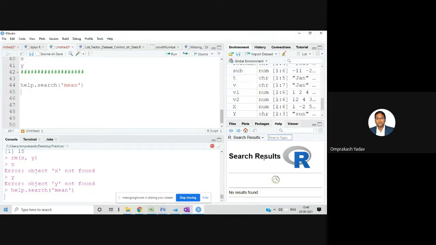Once you start reading one particular part, it will show you multiple things related to that one. So that is also a good idea. For example, if you are reading about the mean function, or the rm function or plot function, alongside that it will show you information about other functions also. And this is how we can go along and read it.